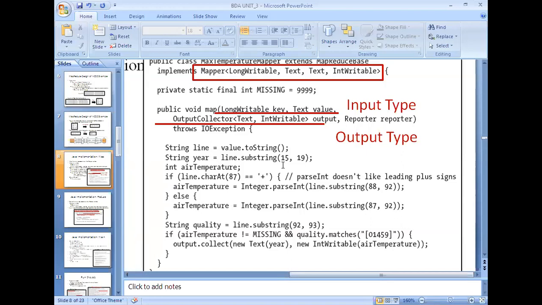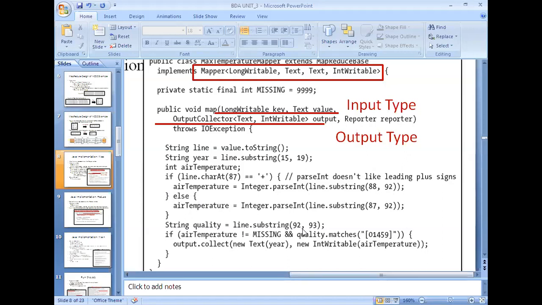If line.charAt(87) equals plus, because parseInt does not like leading plus signs, it won't allow you to use the plus there. So if it is plus, airTemperature equals Integer.parseInt(line.substring(88, 92)), the same way as we discussed in the AWK script. Else, the temperature